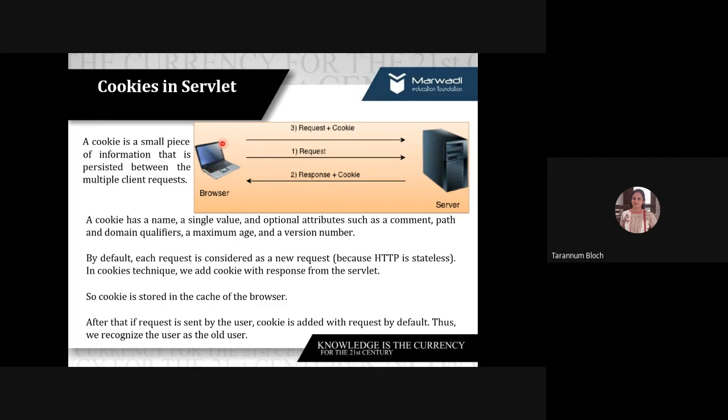Now, next time when the user clicks somewhere a second time, we are sending a second request. So at that time, the server has to get the cookie. Are you getting the point? What we are saying is, when the user is requesting for the first time, in the response we add the cookie object. Now, the second time when the user sends a request to the server, this time the cookie will be automatically added. So we will get that cookie at the server side, right? And when it is no longer required, we can delete the cookies through the server code.